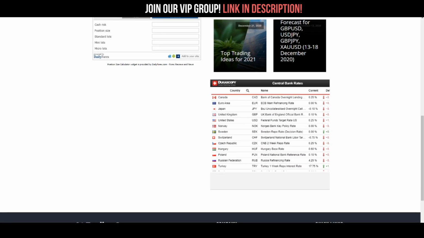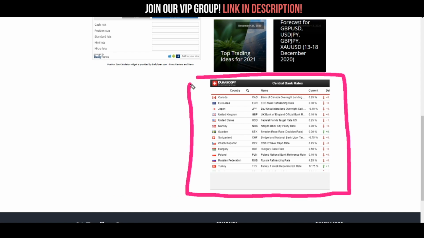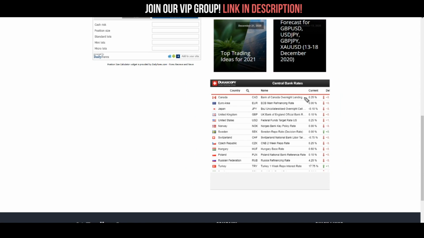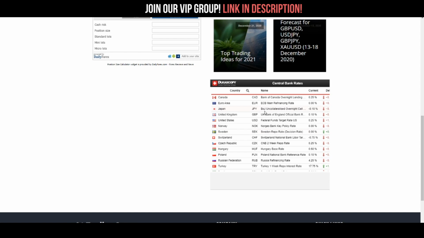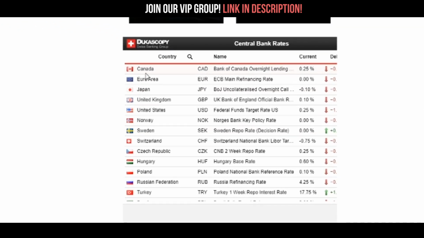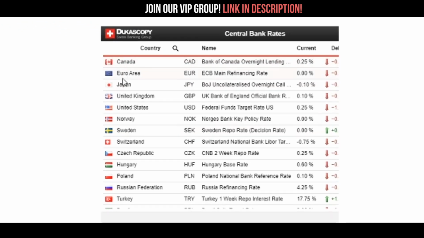So here is something that I put on here specifically for this concept, okay? This is interest rates around the world at your disposal so that you can actually see them. So remember all those theoretical numbers we talked about just a moment ago? Well, here's the actual numbers that we can use to make some decisions upon. Okay, so we've got Canada, of course, Europe. We've got all sorts of different currencies, the US, United Kingdom, Japan, and you can see all the various interest